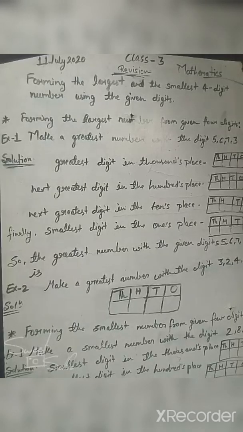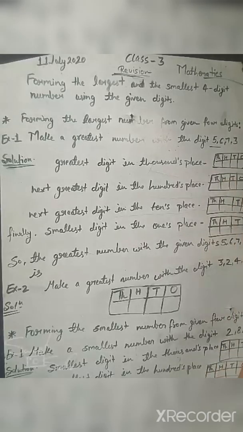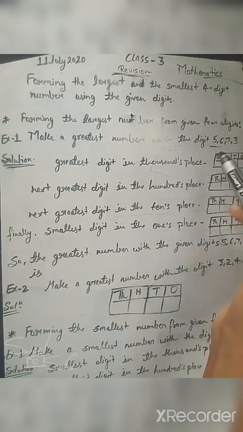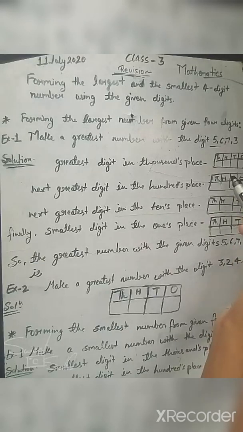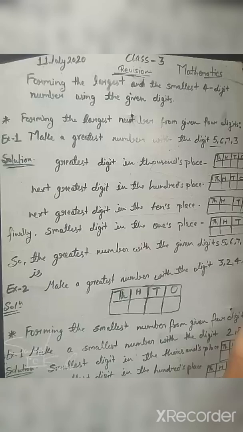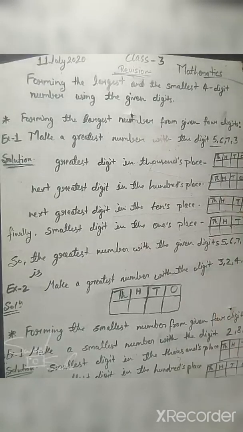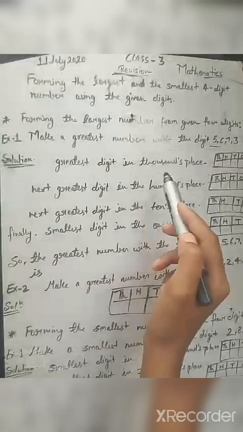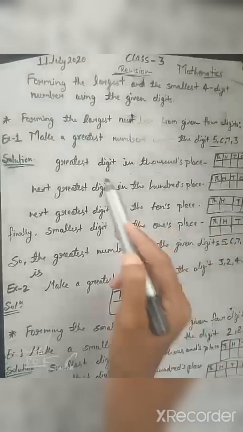मीन हम दिए हुए इन डिजिट में हमें 4 डिजिट दिया गया है, इन 4 डिजिट में हम सबसे बड़ा या सबसे ग्रेटेस्ट डिजिट को 1000 प्लेस पे रखेंगे। नेक्स्ट हम सेकंड ग्रेटेस्ट डिजिट को 100 प्लेस में, फिर थर्ड ग्रेटेस्ट डिजिट को 10th प्लेस पे, और फाइनली लास्ट में हम स्मॉलेस्ट डिजिट को 1st प्लेस पे रखेंगे। ओके, सो let's see greatest digit in the 1000 place. According to the rule, we have to write the greatest digit in the 1000 place.